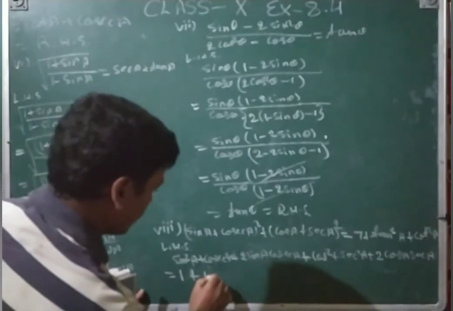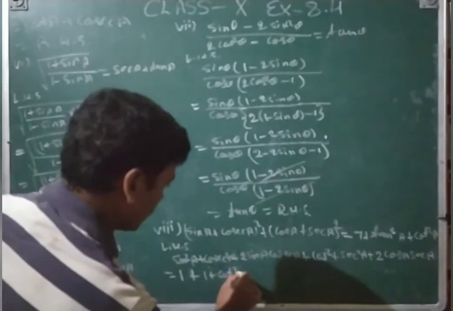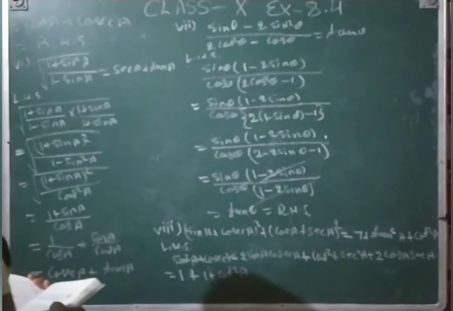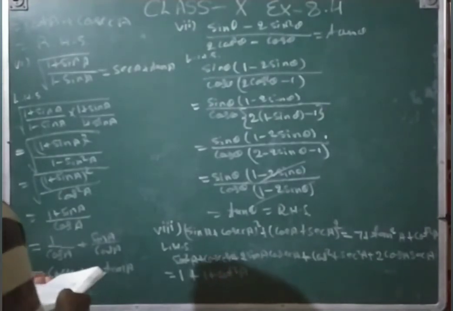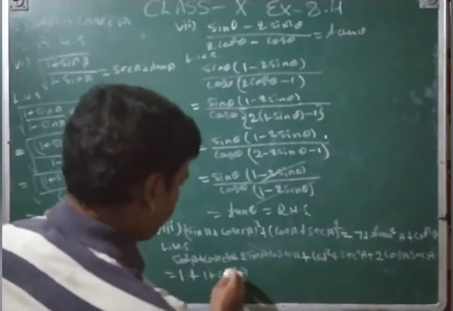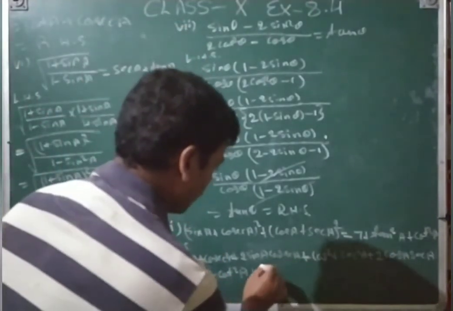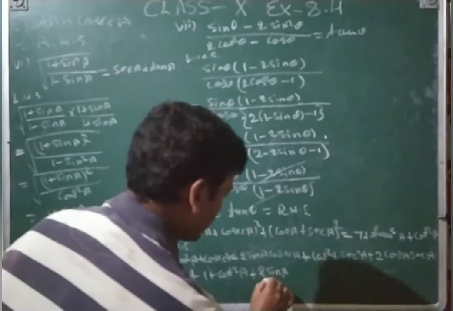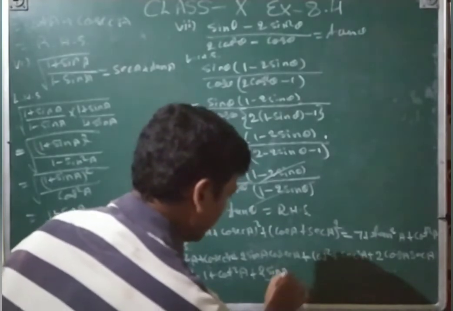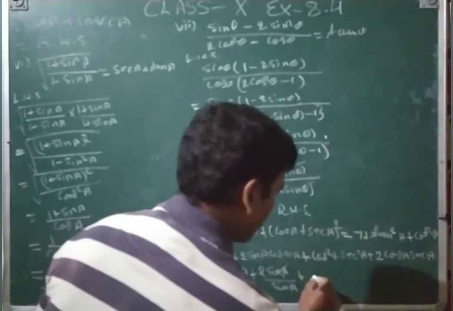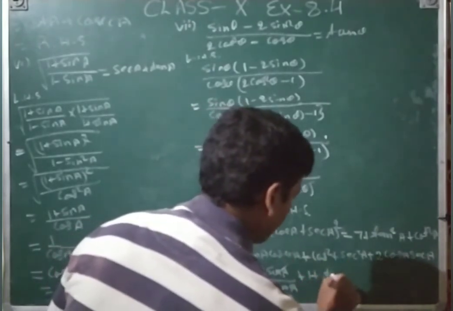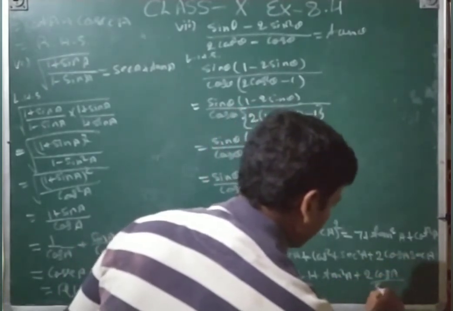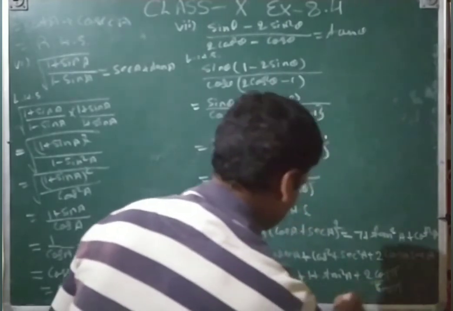So cosec square A means 1 plus cot square A, and this one will be cancelled, because like this we can write 2 sin A, cosec means 1 upon sin A, that will be cancelled, plus cos A we have taken already, sec A means 1 plus tan square A, plus this one also like this same, cos A upon cos A, sec means cos A, cos A cancelled by cos A,